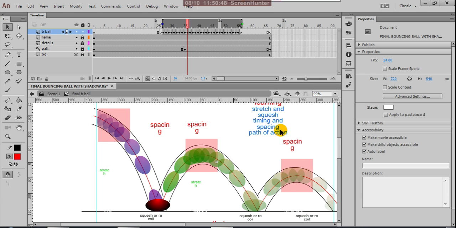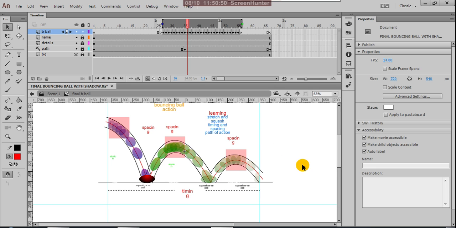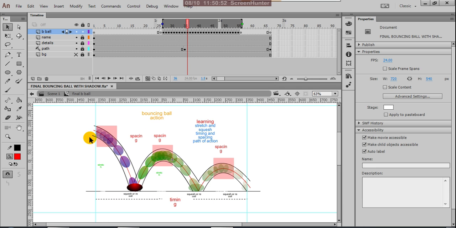Timing means the ball's entering and leaving time. Suppose at the first frame the ball is here, entering the frame and dropping, flattening here and jumping into the air, again touching the ground and jumping into the air and leaving.